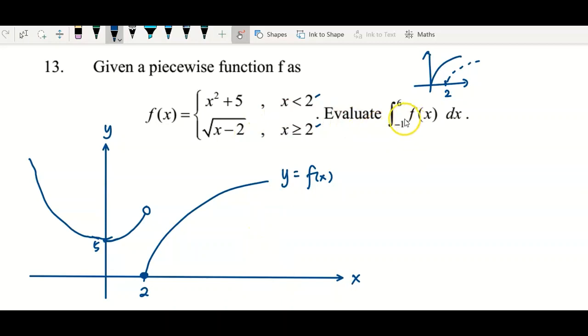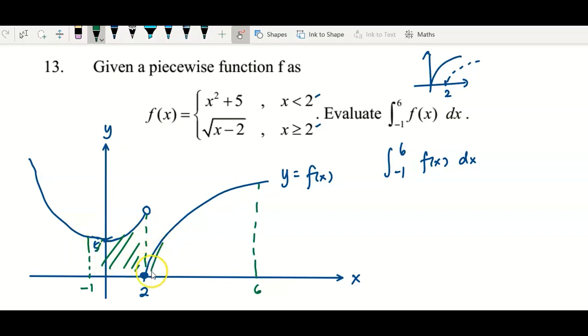So now if you want to integrate from -1 to 6, you can understand this statement as finding the area from -1 to 6, maybe the 6 is somewhere here. You need to get the area from -1 to 2 and from 2 to 6. So basically, this represents the area from -1 to 6, which I shade with the green line. But we cannot directly integrate from -1 to 6 because the f(x) consists of 2 different curves from